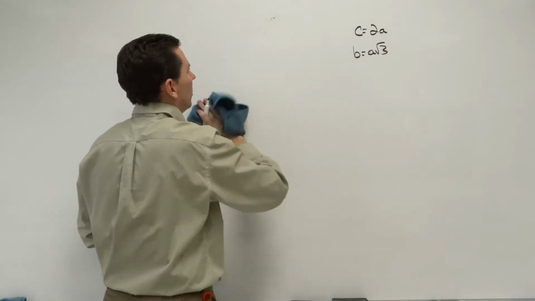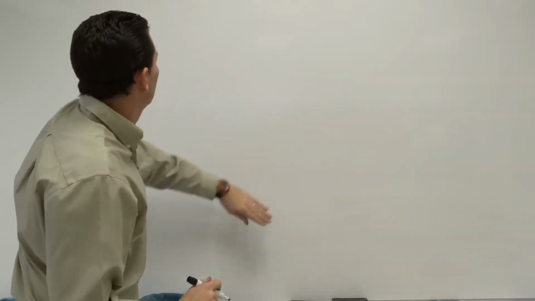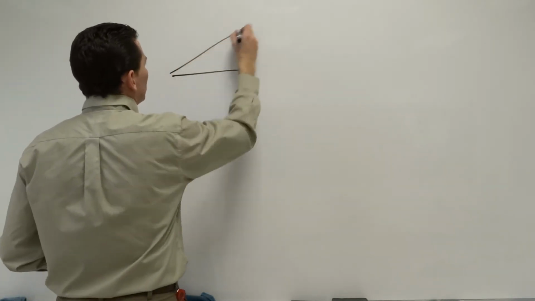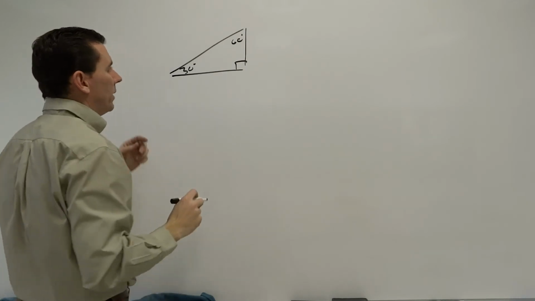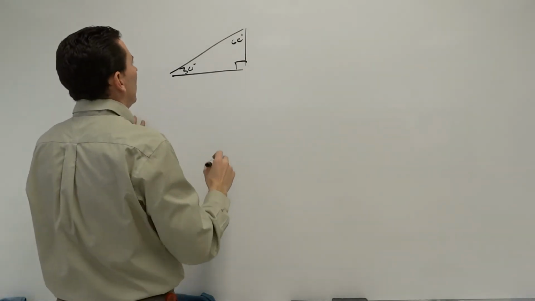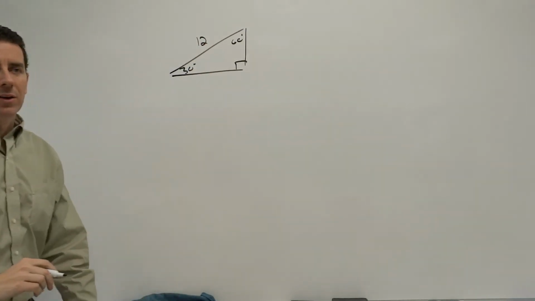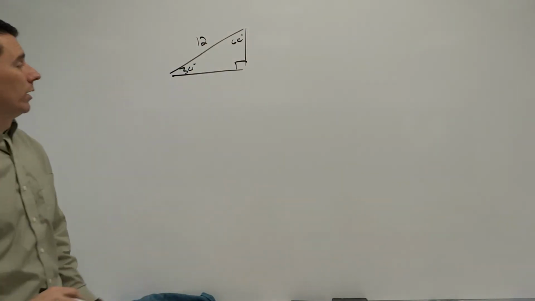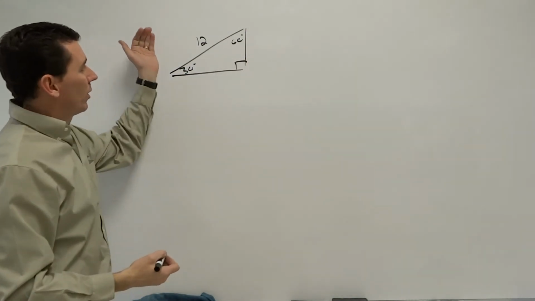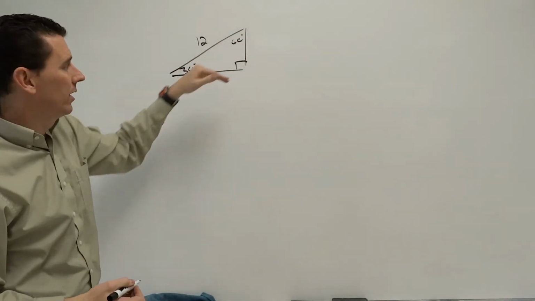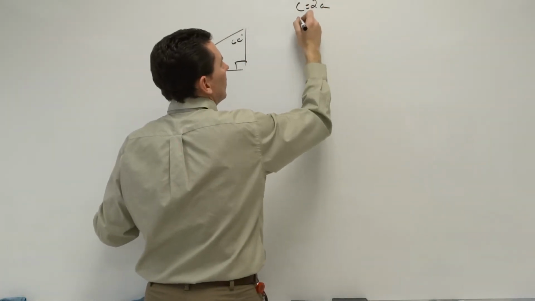So let me just come up with a couple problems to take a look at. So we'll start off basic. Let's suppose we know the hypotenuse is 12. So again, short leg is where? Opposite the 30-degree angle. So I want to get back to the short leg first, and then I want to get to the long leg. If I know these two things are true,